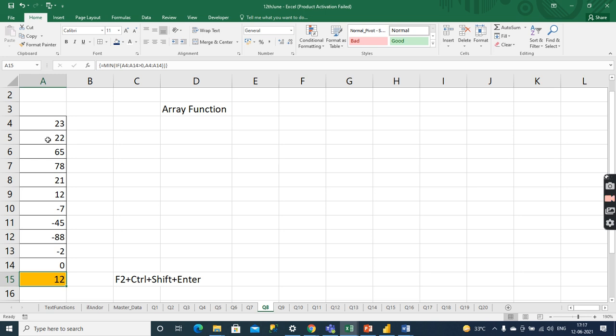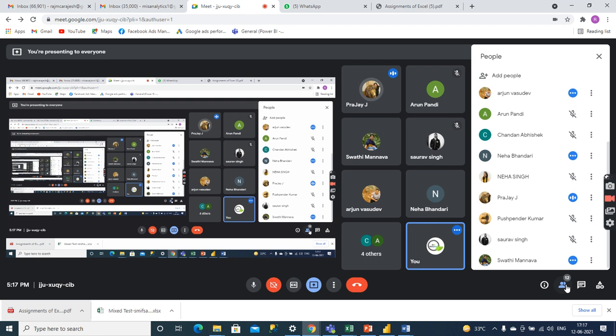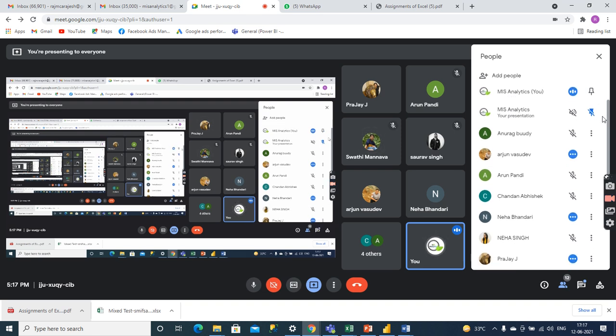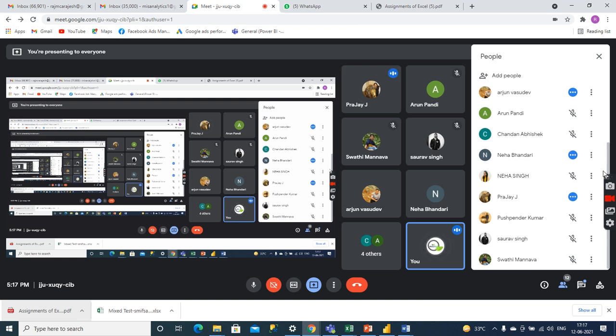We shall do more examples in array later, and you will get many things from array functions. Clear to everyone? Anyone have doubts in array function? Maybe some more examples would give some clarity. I will give you those later because we have many questions. Right now I am just clearing your logic.